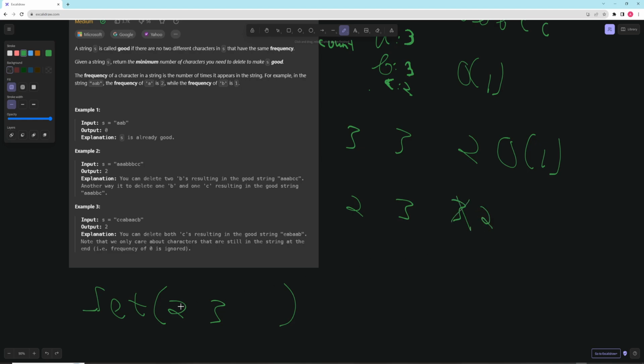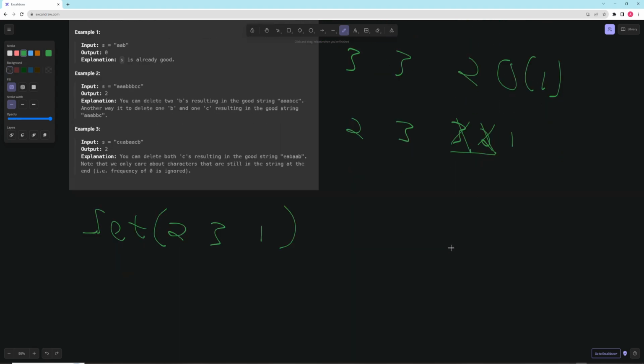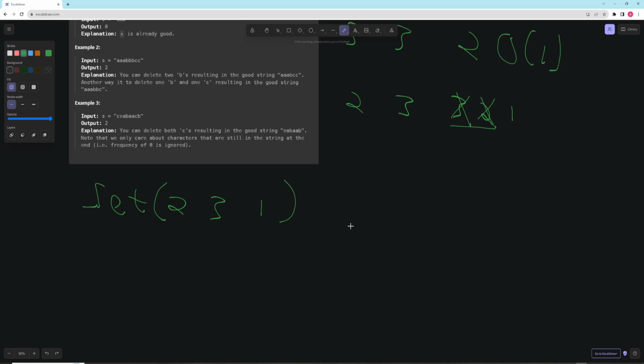We're going to check, is 2 in our set? Yes, it is. So we can't have it at 2. Then we're going to decrement it to 1. Is 1 in our set? No, it's not. And now this is our solution, and we just simply keep track of the number of decrements. So in this case, it would be 2. Now let's do the same thing for this other word,